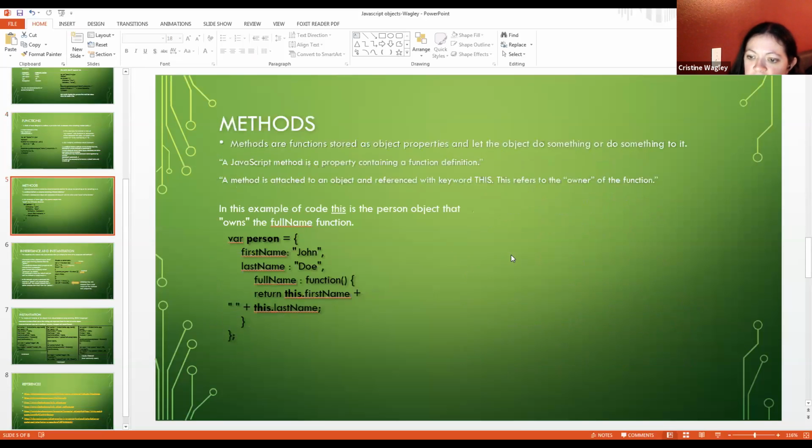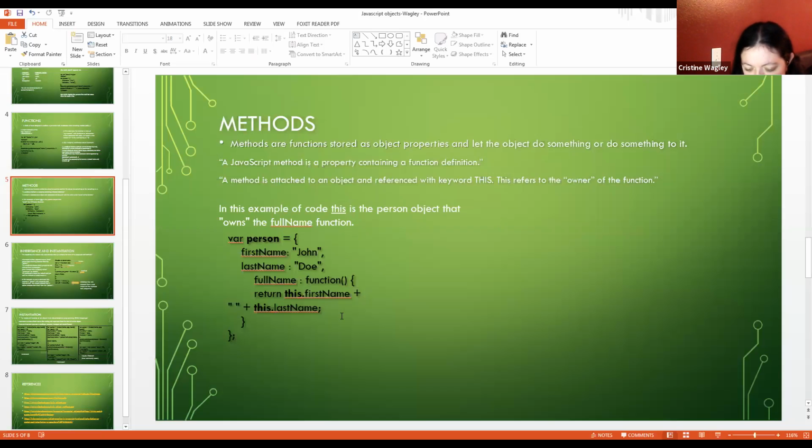So then I'll move on to methods. From what I could see, methods are functions stored as object properties, and they let the object do something or do something to it, basically. So in this example, I used the keyword this to return it because from what I could tell, that was how, like in this example, it says the code, this is the person object that owns the full name function.